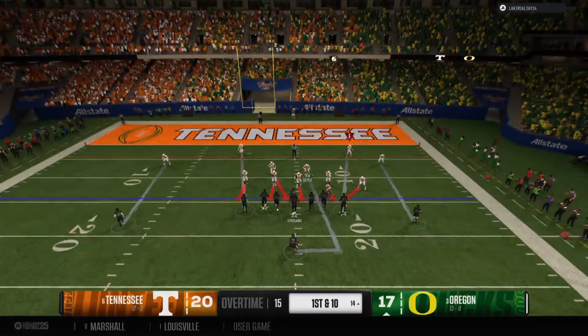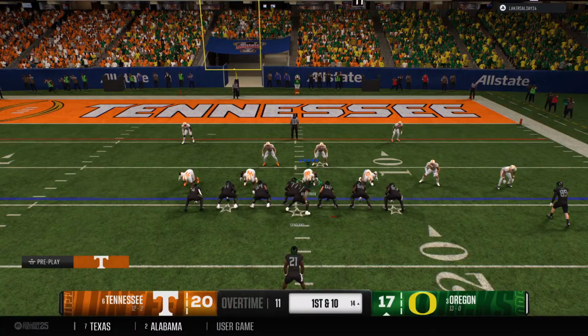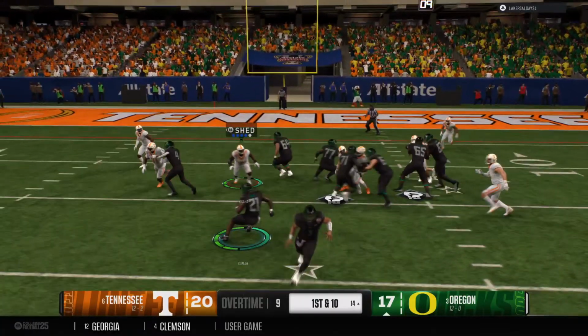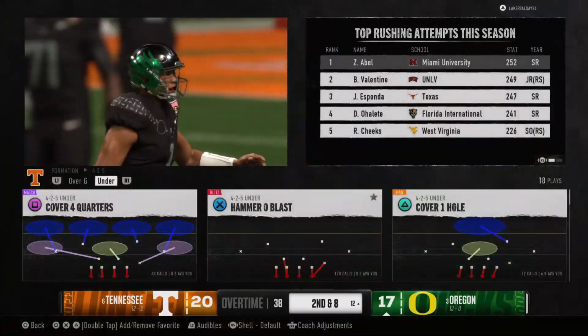And the Ducks are in the red zone. Gives it to the back. Makes the catch, but the defense breaks up the ball, and it's a short gain.